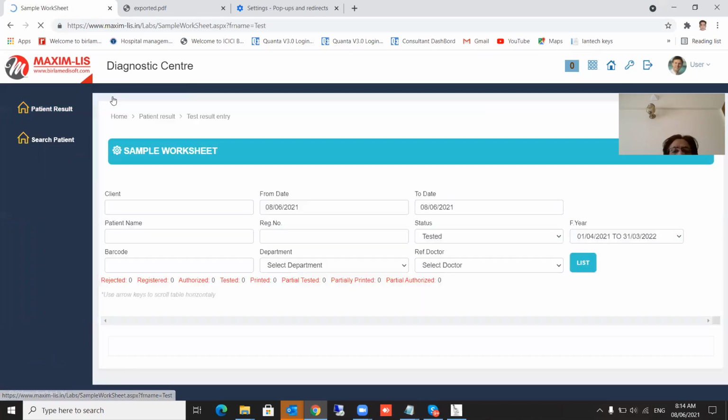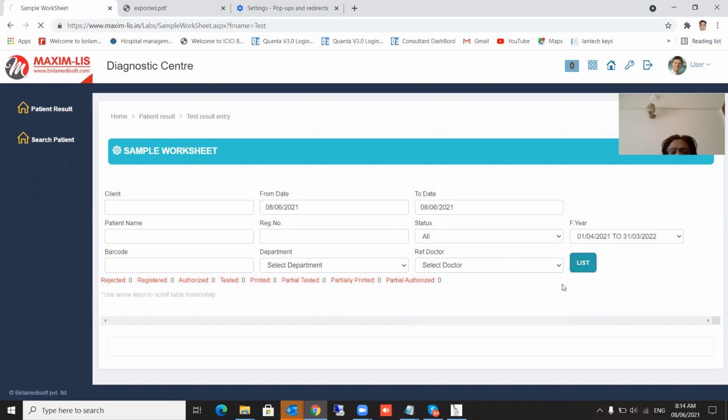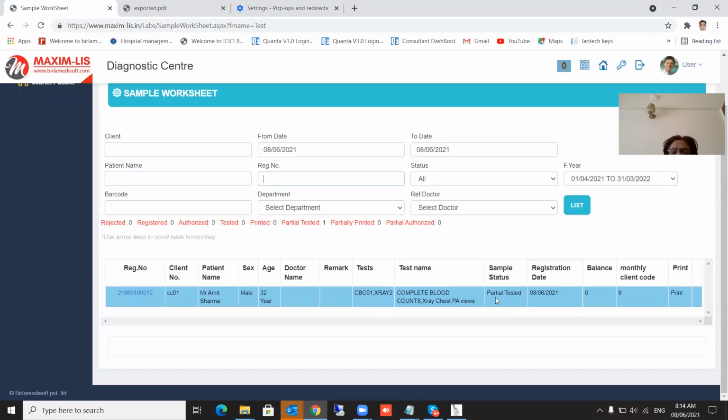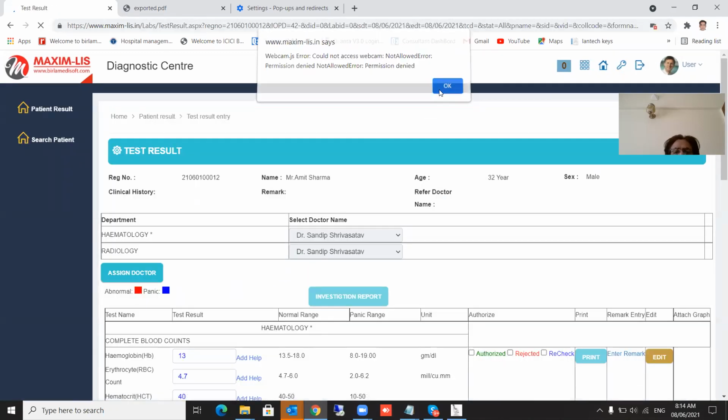In the test result entry, the doctor will see the tests which are called tested. See, the test has come up here. Now the doctor is going to check this test and do the authorization.